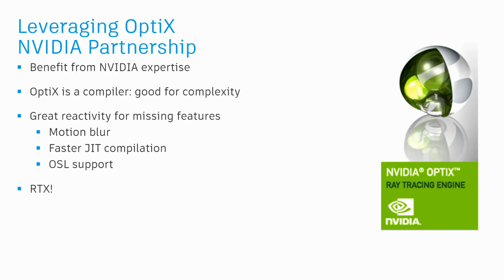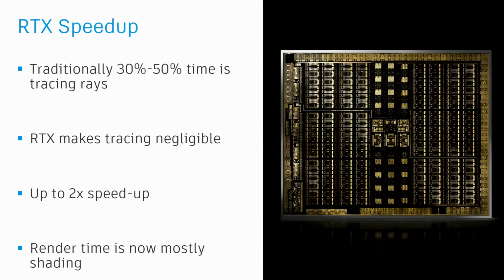We now have faster just-in-time compilation. Just-in-time compilation got out of hand at some point when we were working on Optix. And now the just-in-time compilation can be cached on disk and be reused. And they've been adding self-support recently. Of course, the next big reason to use Optix is RTX. And speaking of RTX,